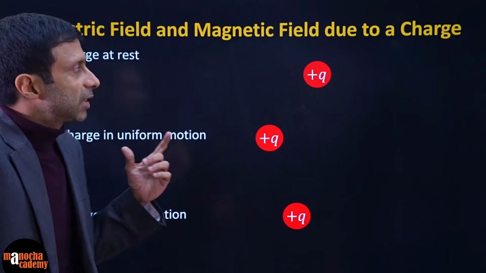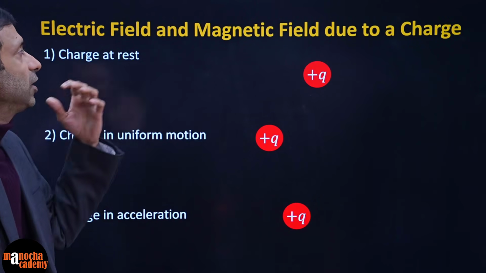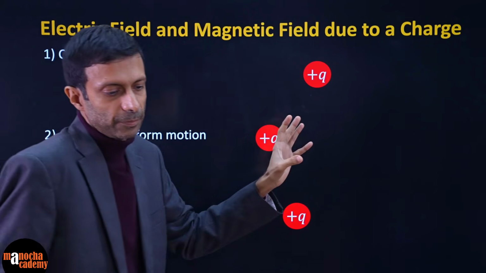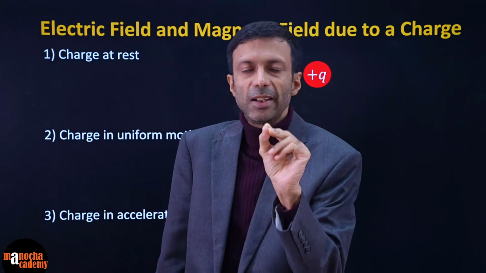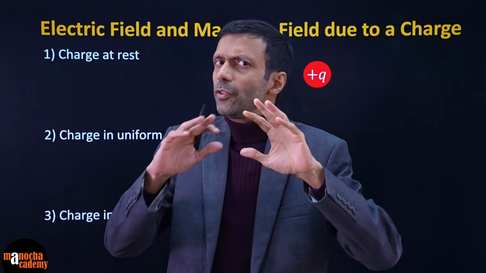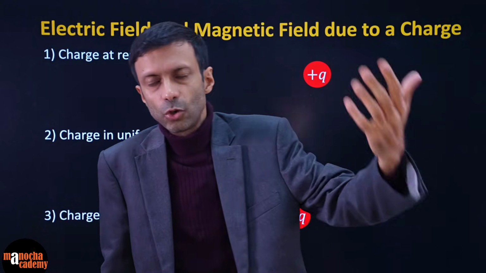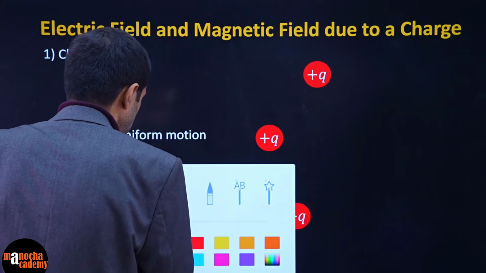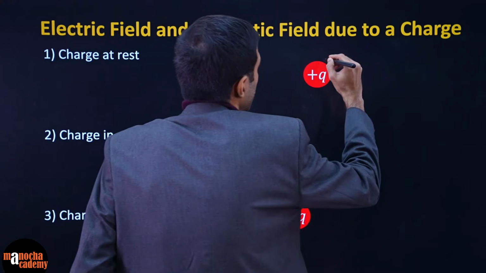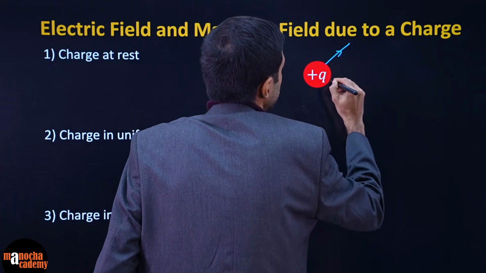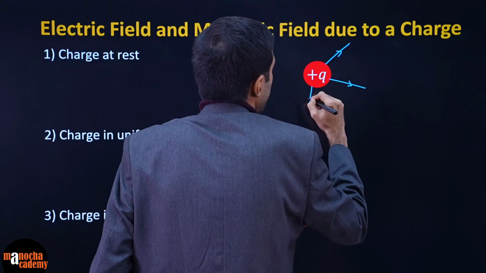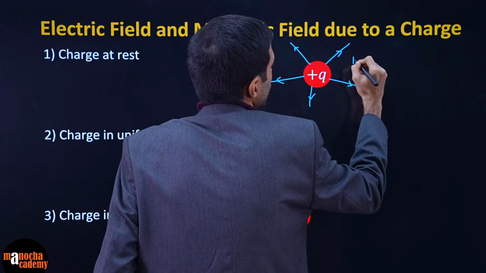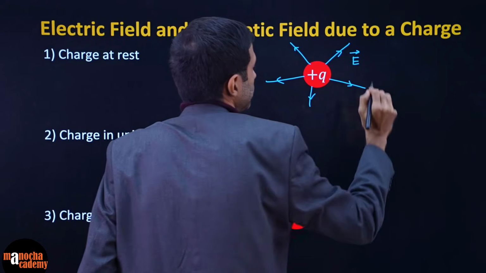So first, let's again go back to the basics of the electric and magnetic field due to a charge. If you consider a charge at rest, like if I just take a charged particle like this, we know that it will have an electric field around it. We have studied Coulomb's law and electric field, right? So if you take a positive charge like this, do you agree? This is going to have an electric field around it, and we represent it by these electric field lines which are going away from the charge, yes or no? So this is the electric field around it.